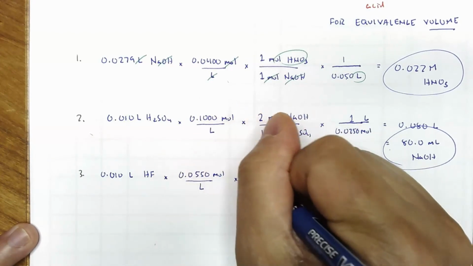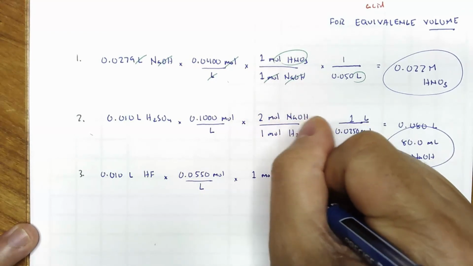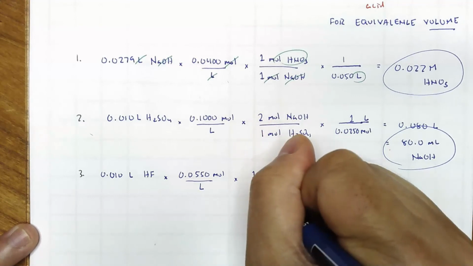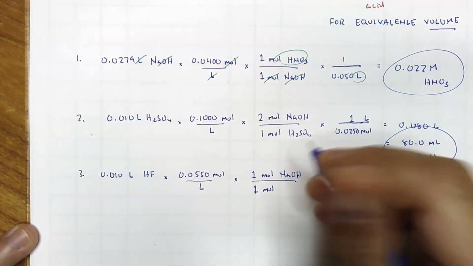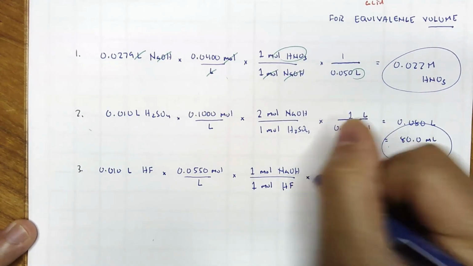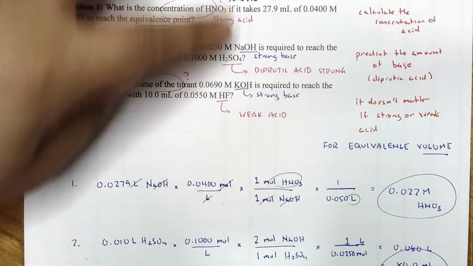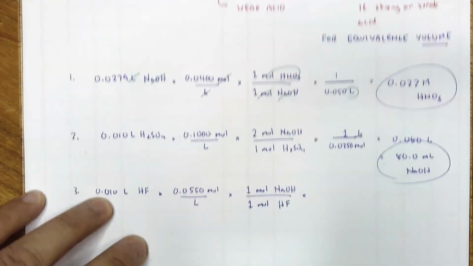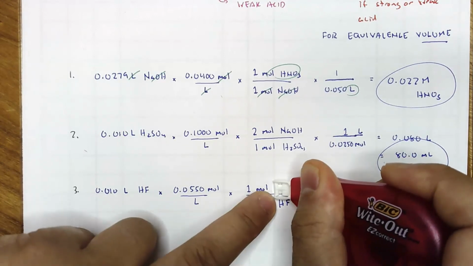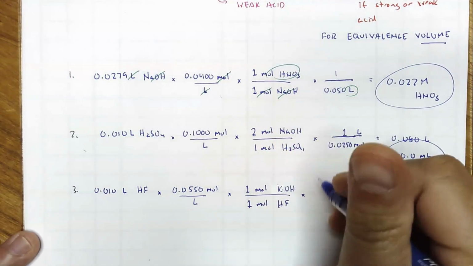And again, we are neutralizing all of that acid, so it doesn't matter if it's weak. That's a strong base, it will neutralize that weak acid. Times, now the molarity of, actually I used KOH. The molarity of KOH is